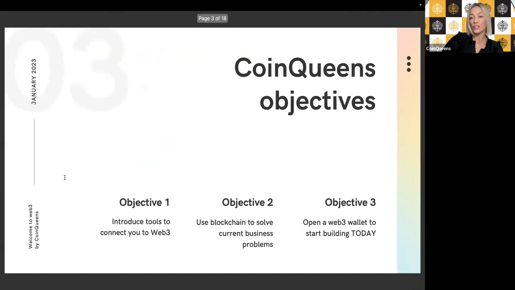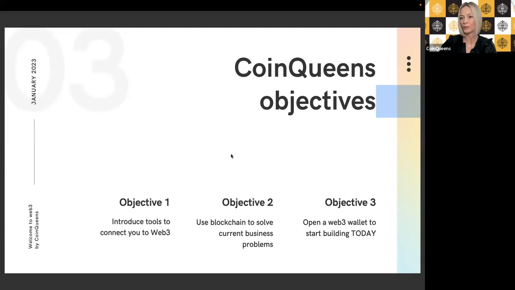Okay, so the objective of this whole presentation is to introduce you to these tools that Bitski and Unlock have, because every time I talk to anyone that I meet around here, like crypto Twitter and Discords and all of these communities we're playing in, they all want to get started and they don't know how. And so I see these two tools as probably one of the most useful ones to get building and get started. And the only reason we're doing this is because we want to solve current business problems.